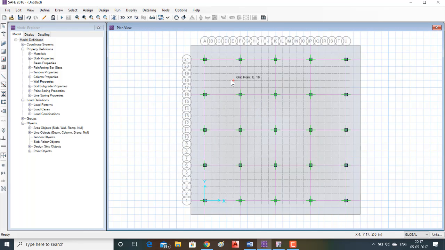Now all the strips are defined as HYSD 4 and 5.